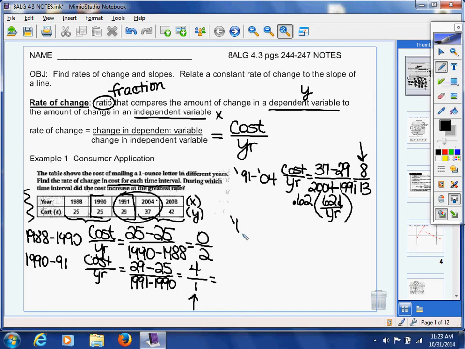So, all right, let's go 04 to 08, sorry. And we're going to do the cost per year again. So start with 2008. So it went to 42 cents. It was 37 cents. And then, of course, it's 2008 and 2004. Okay, so we need to do those subtractions, and we're going to end up with 5 over 4, which is